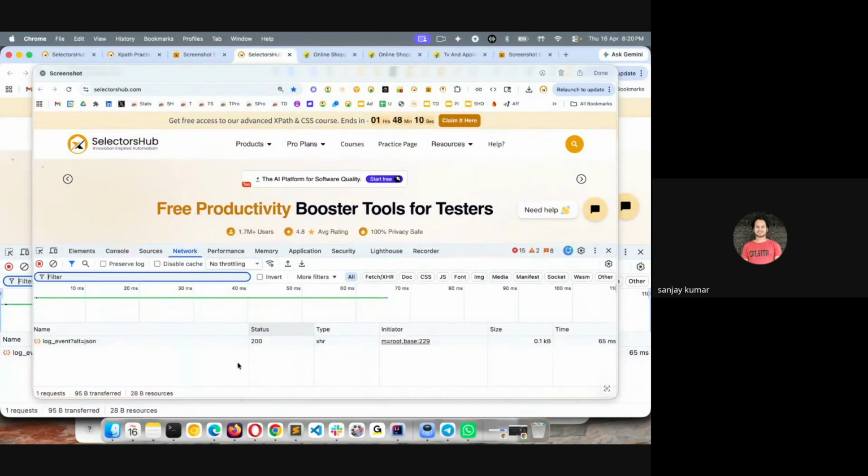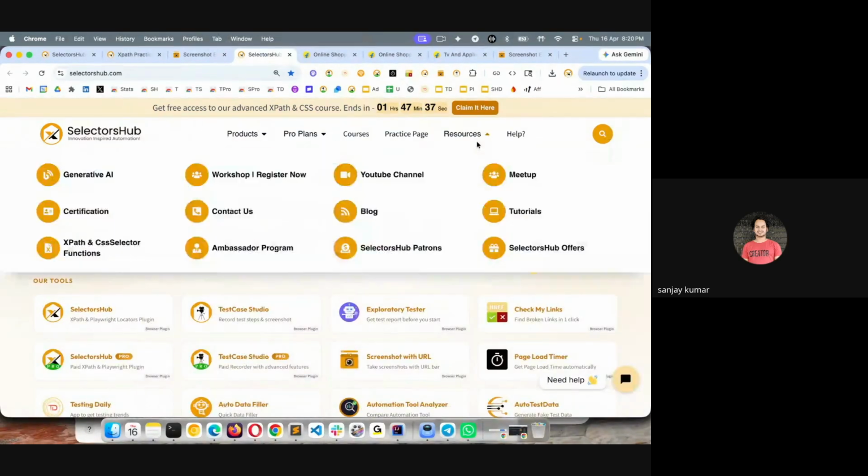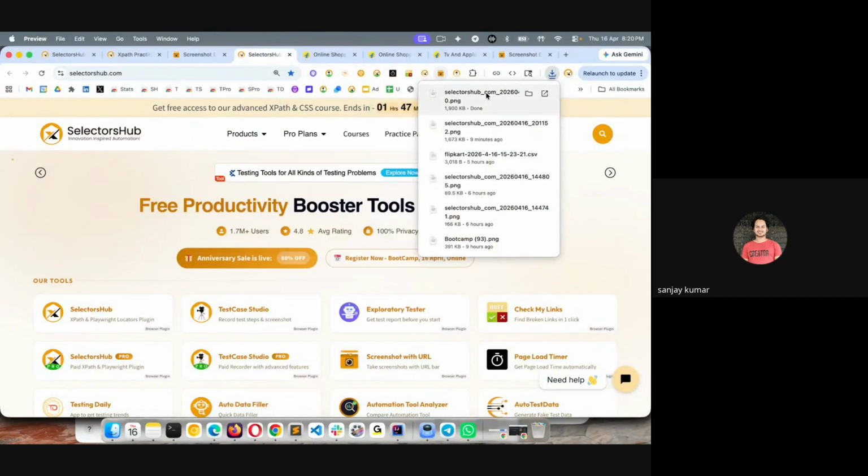Half of the page is gone, only the network logs are visible, and only a minimal part of your page is visible. So now you see how good things you can do with this tool. You select the network setting from here, and now let's say you don't want to open the editor this time, you click on the visible area. You have selected the network tab, click on this, and it will take your screenshot